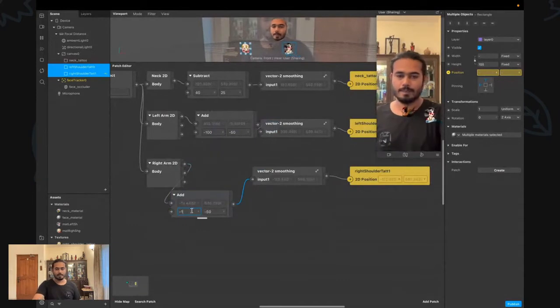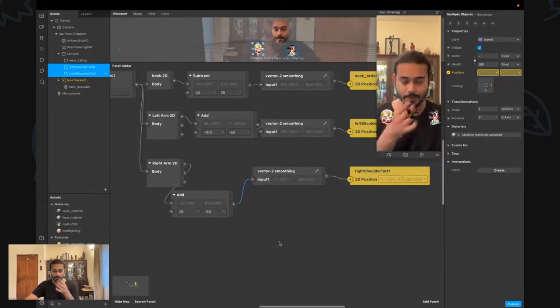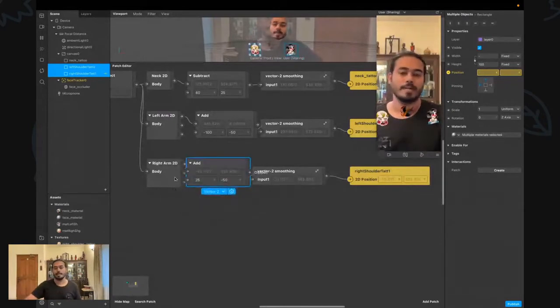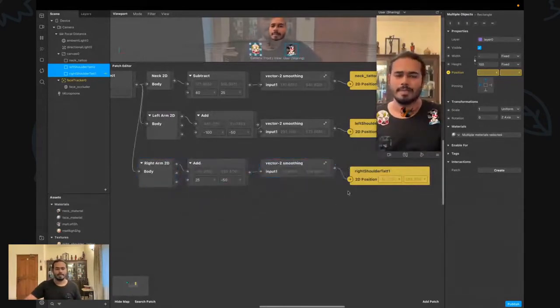And just maybe put it to positive 100 and 50, 75, 25, and that's it. So I have three tattoos situated onto three different positions right now, and that's the body tracking for you. Next thing I want to do is I want to